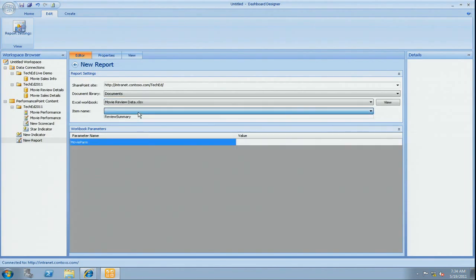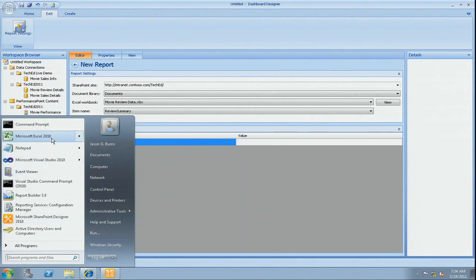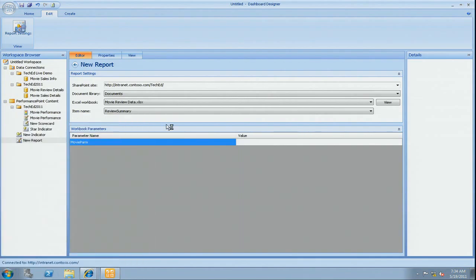And then it's going to give you a drop down for the item name. So this can be any chart or pivot table or anything in the workbook, or you can simply select a range of cells and say that's the range I want, and it'll pick it up. It's called Review Summary. You notice there's a parameter in here. Also in that workbook, I didn't show you that, but that's pretty important. I set aside